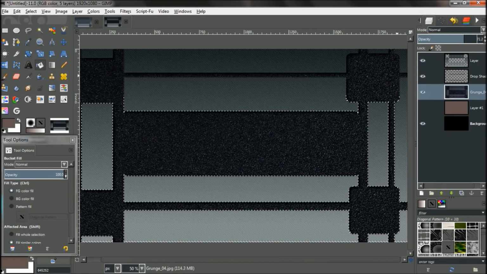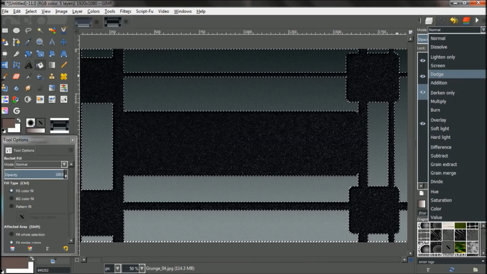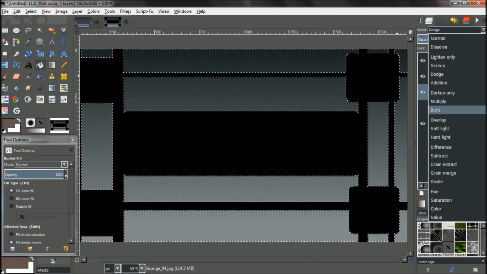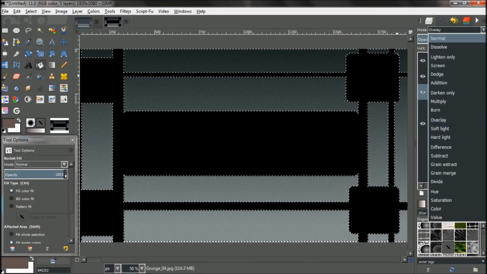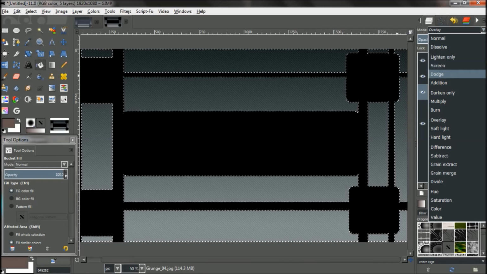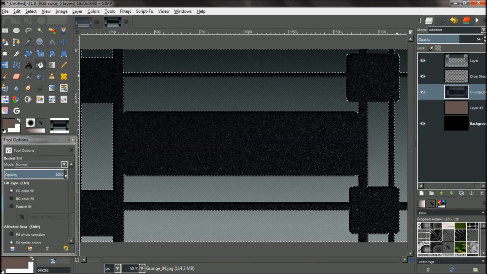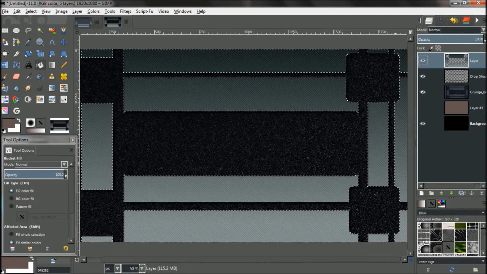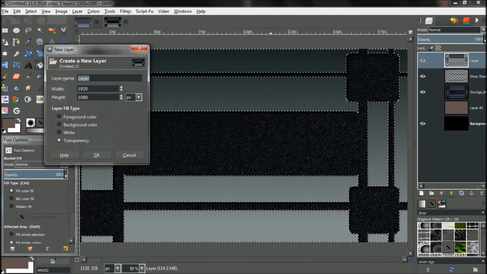Go ahead and turn down the opacity on this just a little bit, and go ahead and make this, is it Dodge? No, it's not Dodge. Which one was it? It was Edition. You might go ahead and put that on Edition. And let's see here, what do we want to do here? Let's go ahead and not duplicate it. We want to go ahead and make a new layer,